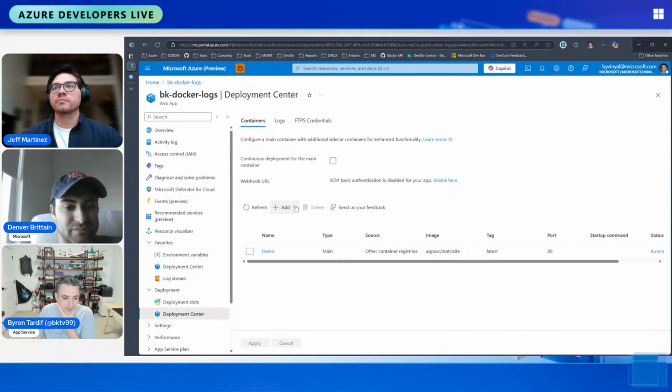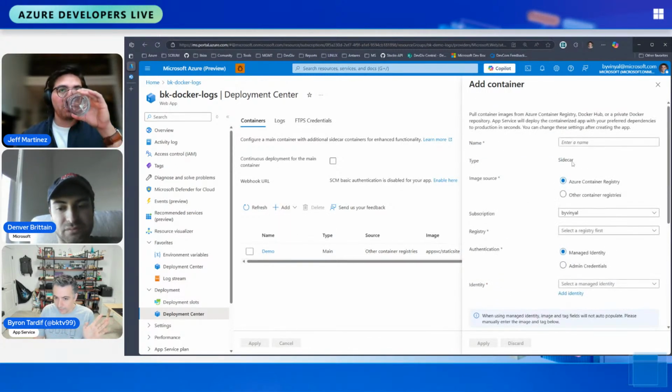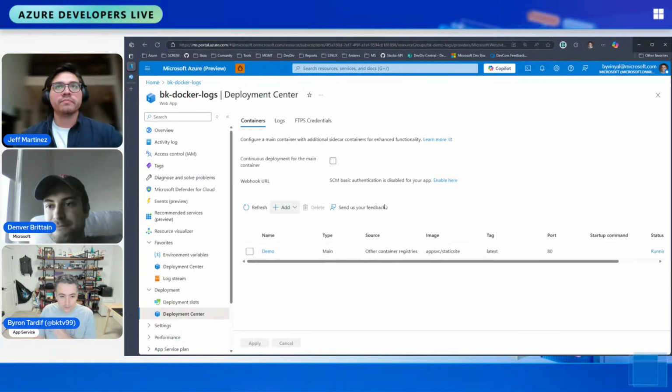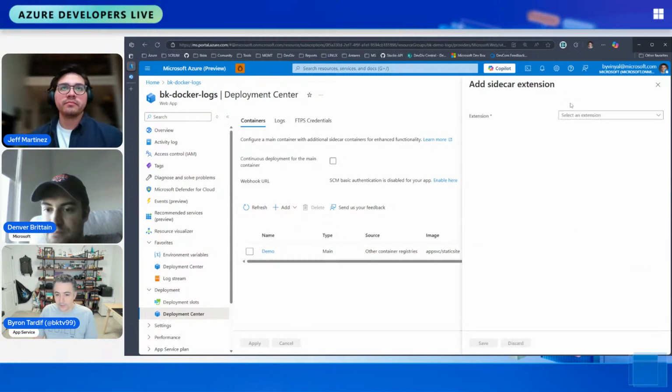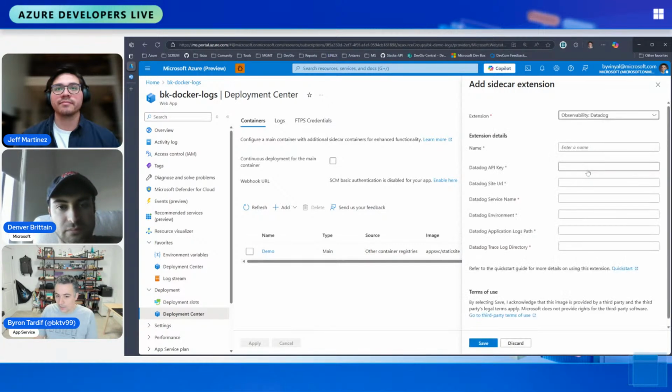Cool. So I got the UI back, and I think what I was going to show is you saw the custom container, which basically is open, so you can add whatever you want. You can craft your own container that's doing basically whatever you want, or you can grab something off the shelf. But we also have the Sidecar extensions, which is a curated list where we're adding components that basically simplify the setup, right? So, for example, you can do Datadog through a custom container Sidecar, or you can just come here and provide the Datadog specific configuration, and you're off and running. You don't even need to know what the Datadog